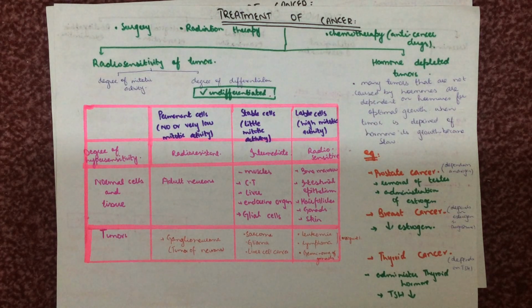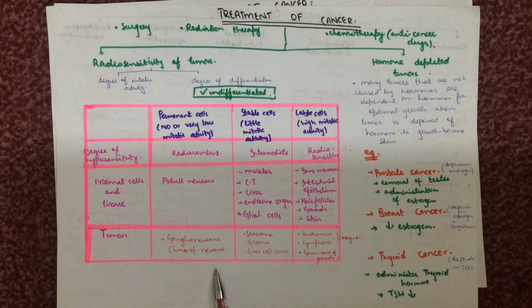in it can be radiosensitivity of tumors. Like some cells are extremely sensitive to radiotherapy, while others are not sensitive. Radiosensitivity of tumors depend upon degree of mitotic activity or degree of differentiation. In undifferentiated cell, radiosensitivity of tumor is seen. They show sensitivity towards the radiation. Let's discuss it. Permanent cells that are with no or very low mitotic activity, they are radioresistant. Permanent cells with low mitotic activity are radioresistant. They show no effect to